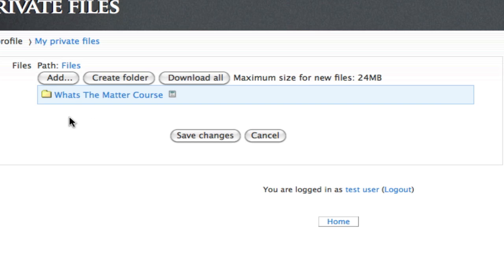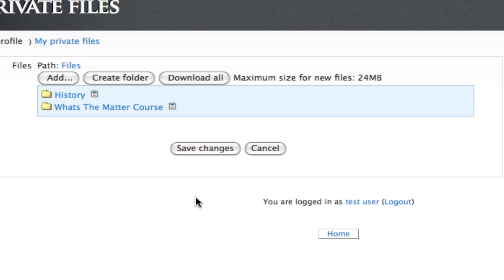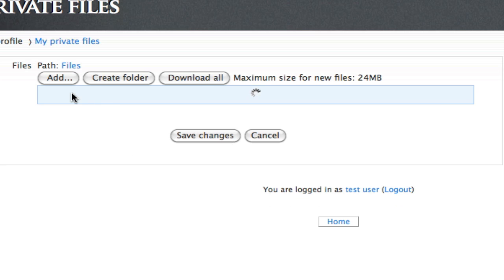So let's say we had a course called History. So we want all our files for history inside that folder. So first of all, we'll create a folder. It asks us for a folder name. So let's call it History, and click OK. And we will go inside that folder,